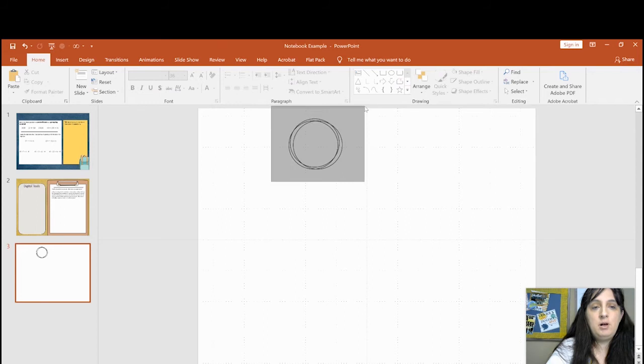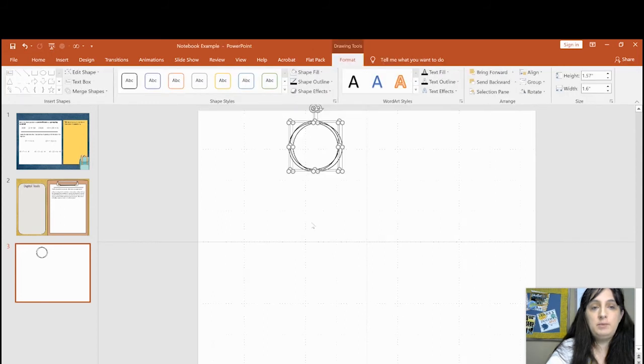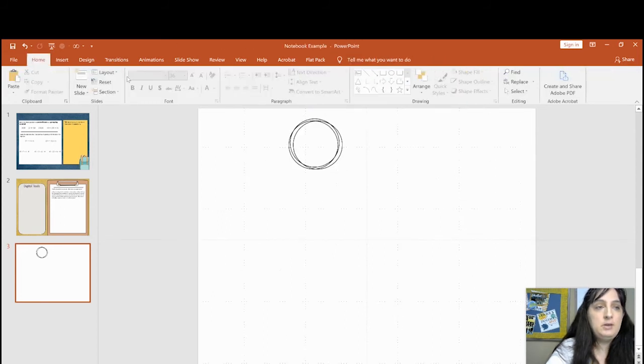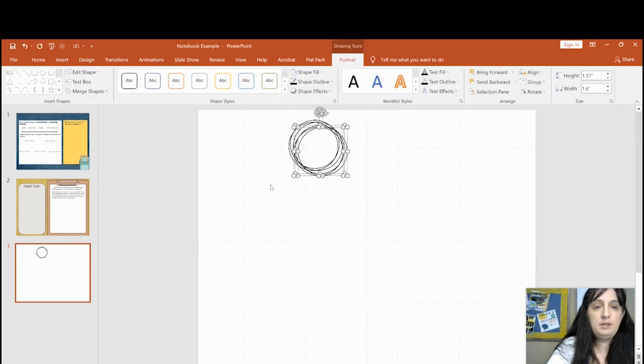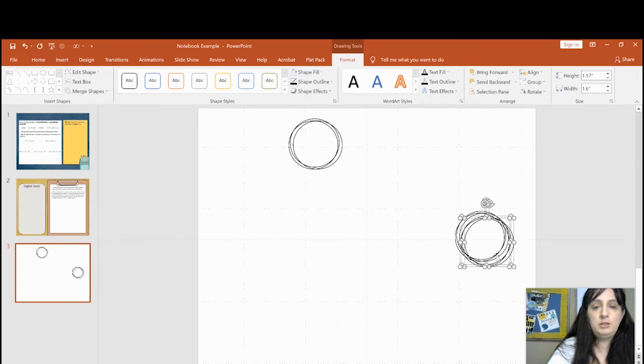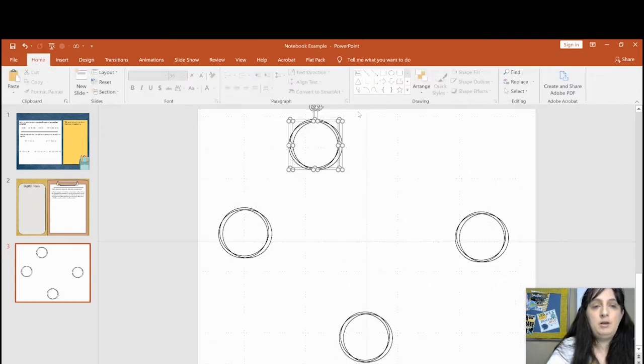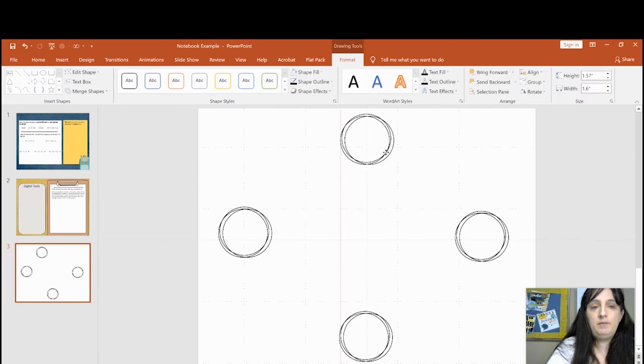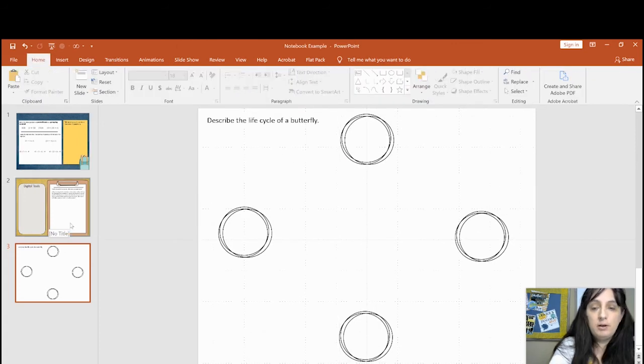If you want to move them all at once, you can drag a box around them and it will grab all of them. And you can do things here. I can add 4 of them so that my students can label each part, copy paste of the life cycle of a butterfly. So when we have all our slides ready